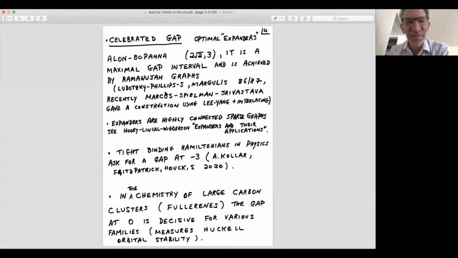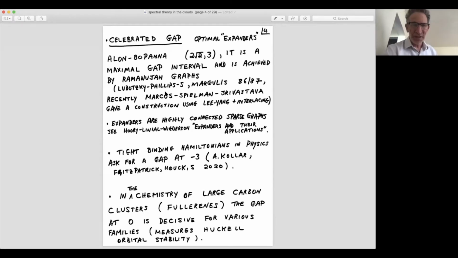As I say, I didn't emphasize enough that I mentioned Eichler. Another key ingredient in the proof of this Ramanujan conjecture, as it's used to prove this big gap, this optimal gap, is the Riemann hypothesis for curves over finite fields. So I would say that probably you can't do this without the theory of numbers.